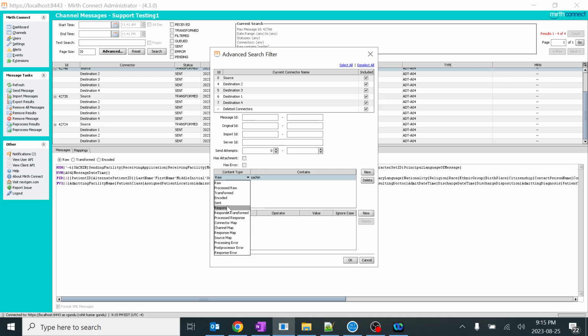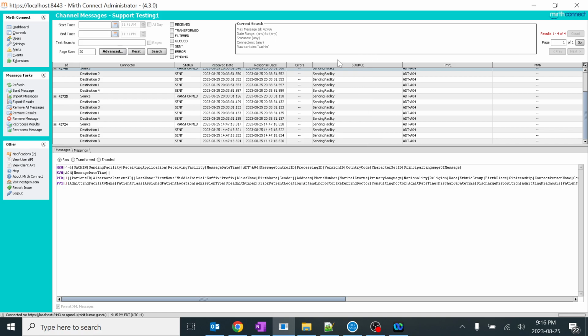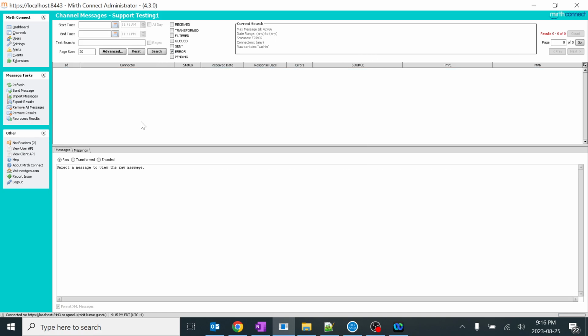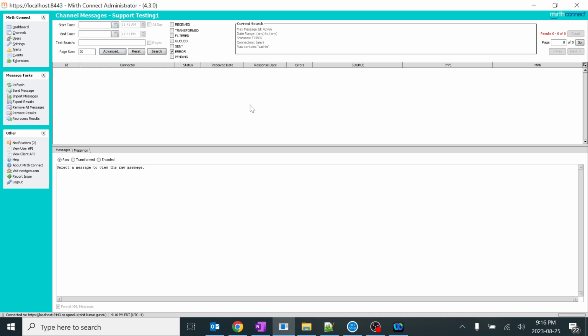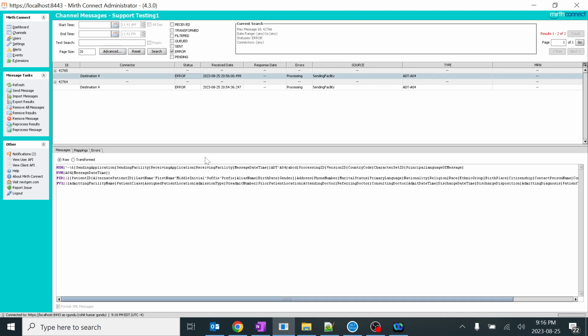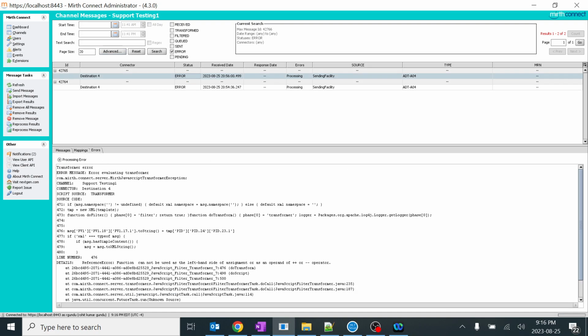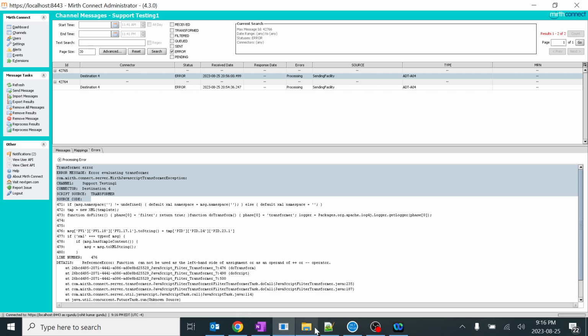And if you go through here, you can even see on the channel map, the counter map, pre-processed, post-processing error. You can search whatever you want. For example, we'll do one thing. I'll directly select the errors. Okay, in the advanced, I'll select all. I'll delete this particular thing. I'll click OK and I'll select the errors. Okay, we have two errors. In the error evaluating transform, error message, something like that. We'll copy this and imagine that you have like 10 lakhs of errors